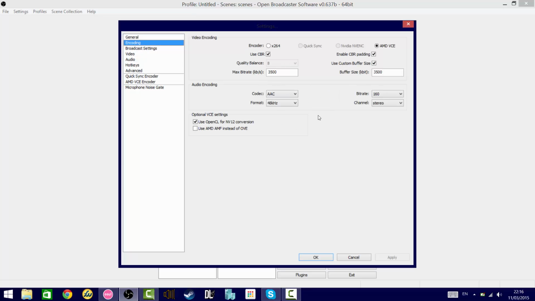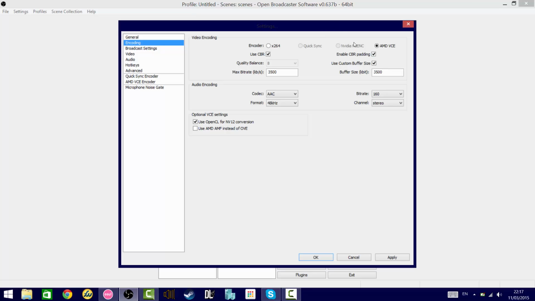Now, this is where things get fun, because a lot of these settings are disabled in the standard version of OBS for these three here. I do have lots of different plugins installed on OBS. First off, you'll notice I'm not using the standard encoder, which would be X264, like it is here. The reason for that is because I have a graphics card installed in my machine, a Radeon 7950. So I can use the video encoding engine built into the graphics card to actually record with,